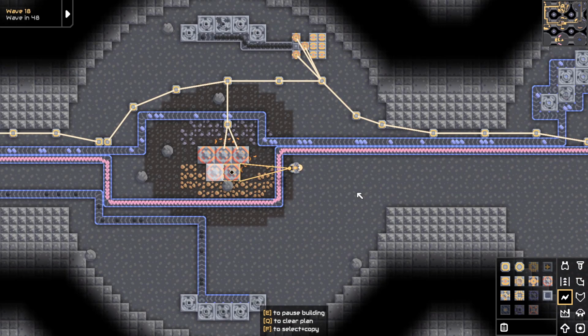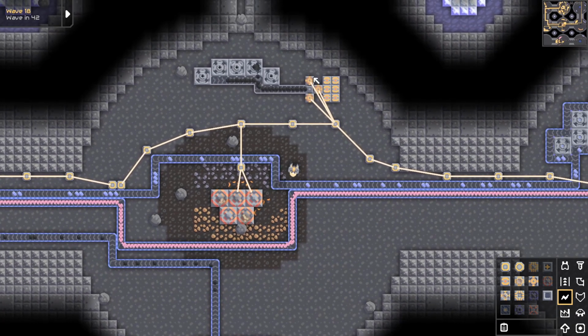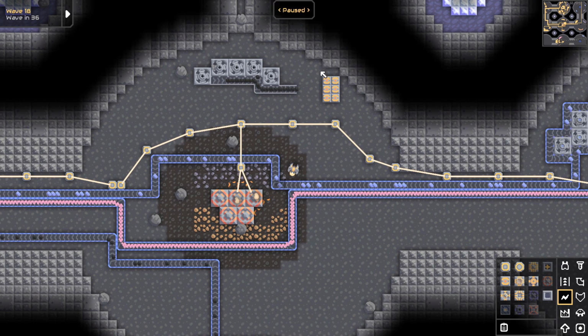Hopefully. And I'll get rid of these combustion generators, because they're crap anyway. So, hopefully that took care of our power situation. I should have looked before I did this. Yeah, okay. And let's build...